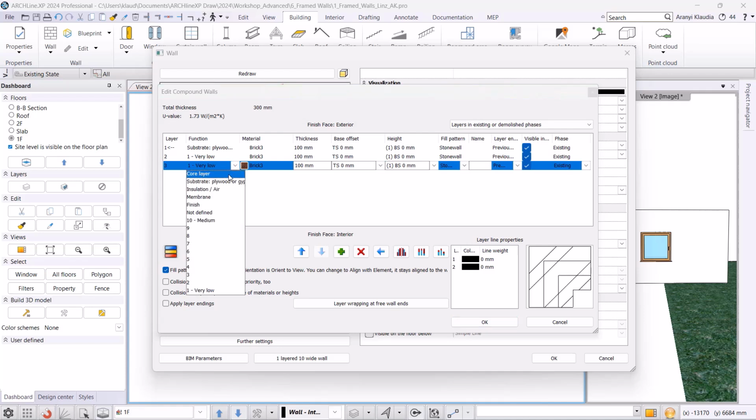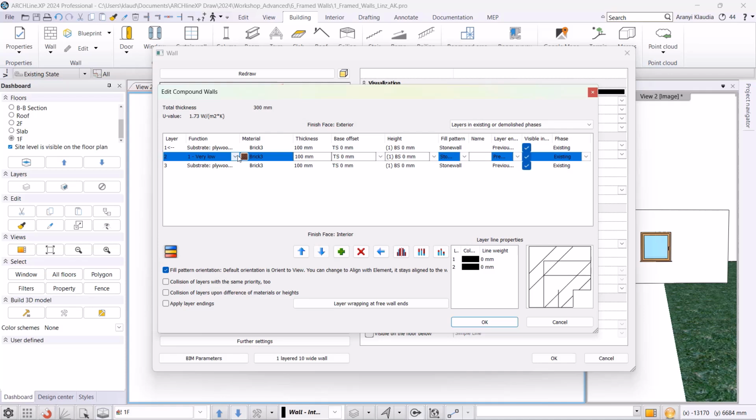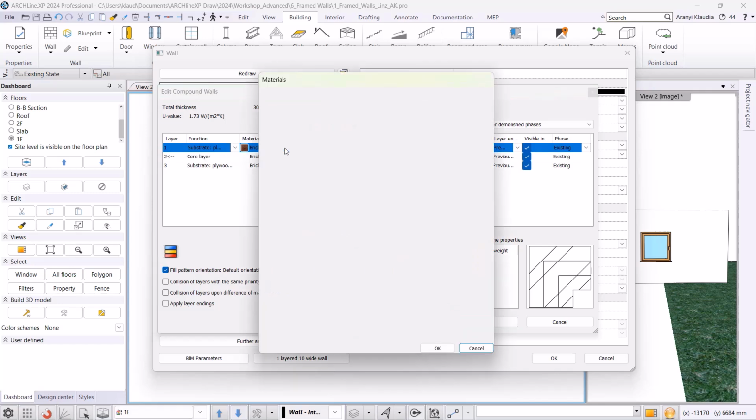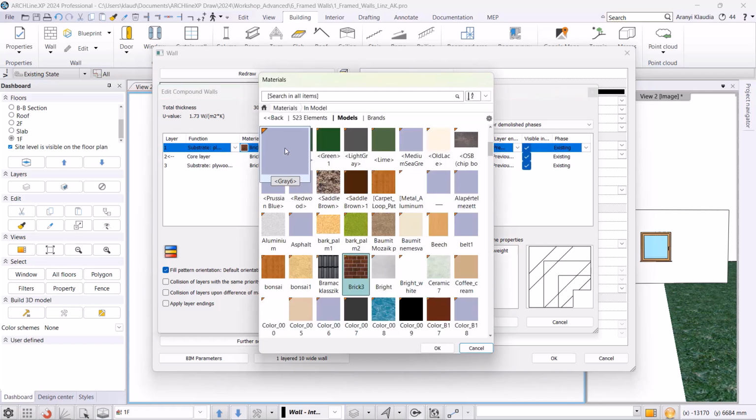Next to the number, we can find a small arrow that marks this blue arrow which indicates the displayed layer. This indicates which layer is technically the most important for editing. For example, when we simplify the floor plan view, the program will take this layer as the basis, and it will indicate which layer the structure we are currently creating should be placed in. It is advisable to mark the core layer as displayed layer, so I will mark the layer 2 as the